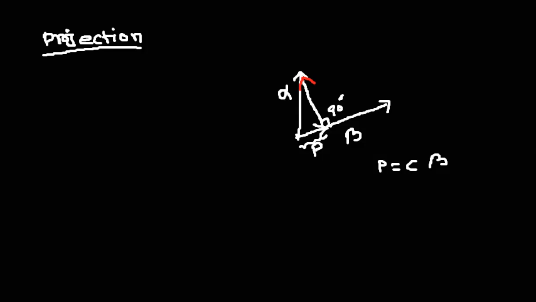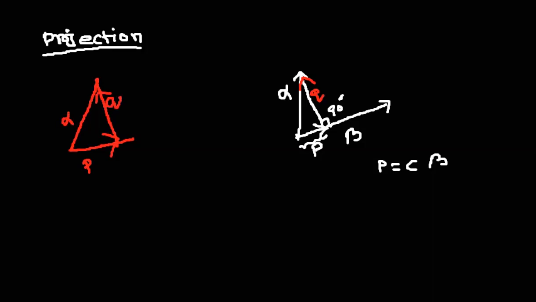So let me write this down. We have to find this perpendicular vector. Let me call it Q. You can see that the vector Q is perpendicular to the vector beta. Now how can we find the value of Q in terms of alpha and P? Look over here. Here we have alpha and here we have P, and let me write over here. This is our P over here. This is alpha over here. And this is Q over here.